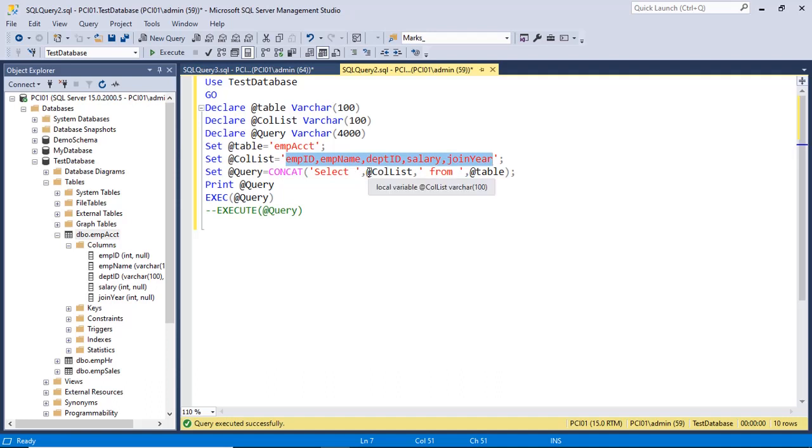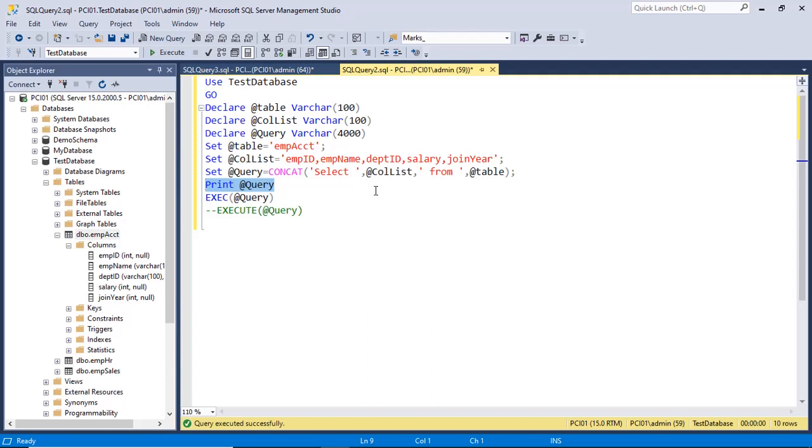After the comma comes the column list variable, then from as a literal value, and finally the table, so the table name EMP account. Now I'm printing this query so we can check the format of the actual query.